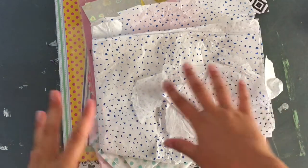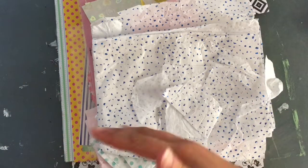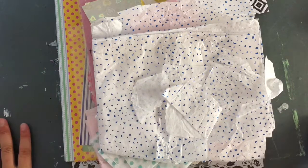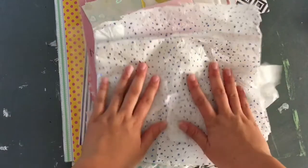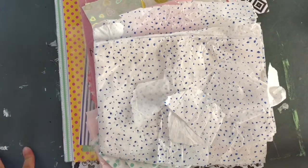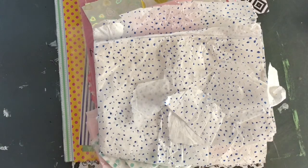So I decided to make a kit and try to participate as much as I can, because May is the month of exams and I don't know how much time I'm going to have for scrapbooking. But what I'm going to do is show you my kit, and I'm also going to have a layout share when the event finishes. And I will make process videos for all of these, but those won't be uploaded until late June,